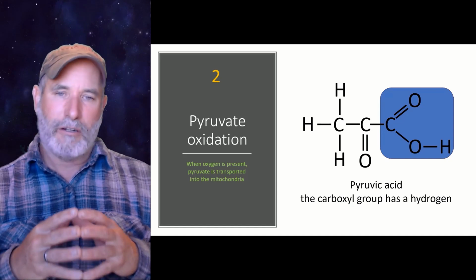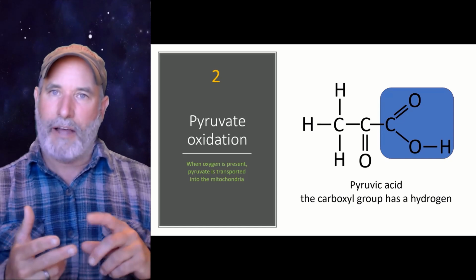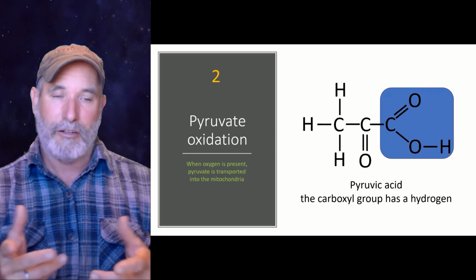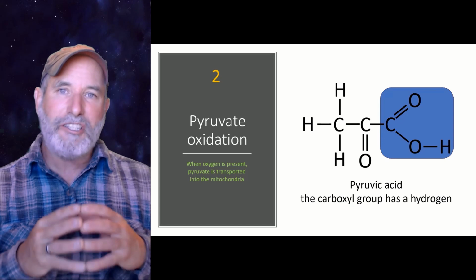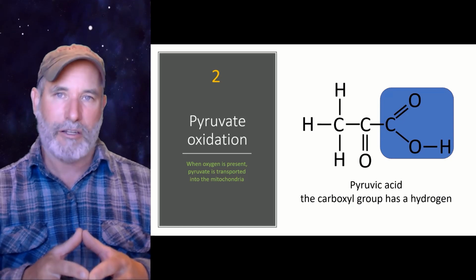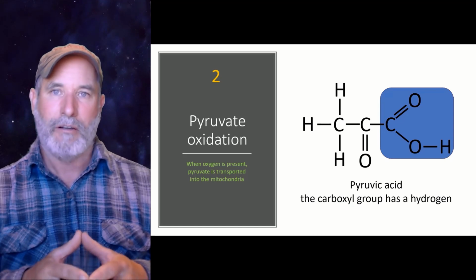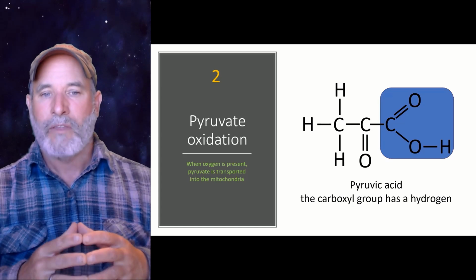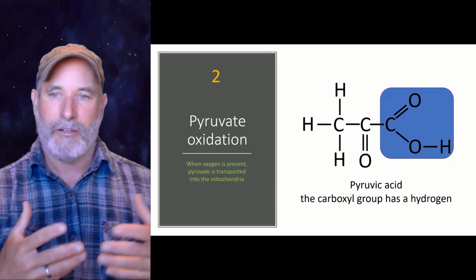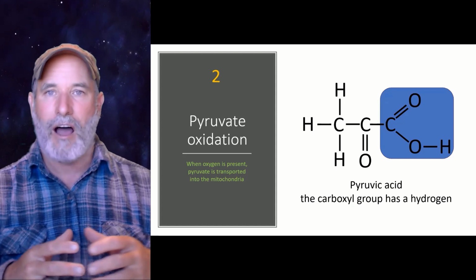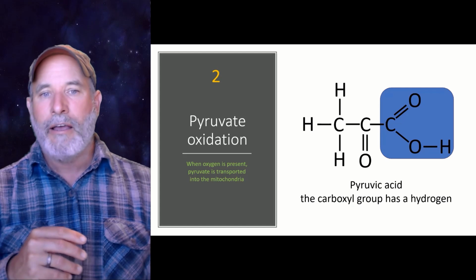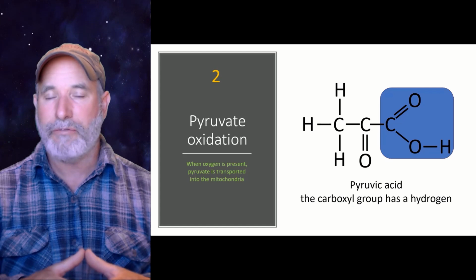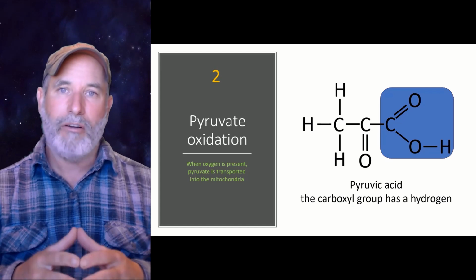Now, at the end of glycolysis, we've got 2 net ATP, we've got 2 NADHs, this is per molecule of glucose, and we're going to basically split glucose into 2 molecules called pyruvic acid, or pyruvate if it's missing that hydrogen on the carboxyl group, okay? And technically, I think a lot of times when you're in cells, that hydrogen pops off and that oxygen becomes negatively charged.